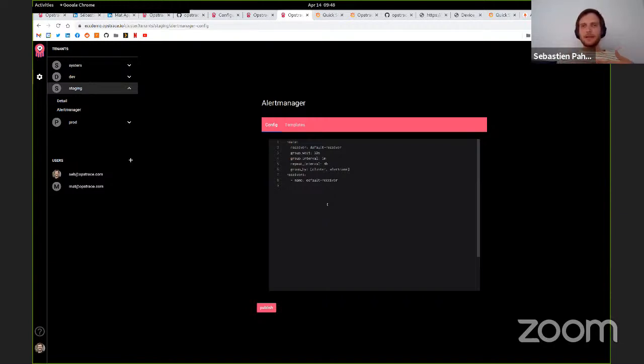I was lucky to have a correct config here, but if you, for example, try to publish a broken one, it will validate it. Templates are another thing that are useful for Alert Manager. Templates are how you configure Alert Manager to create the nice messages in the emails or the Slack alerts.